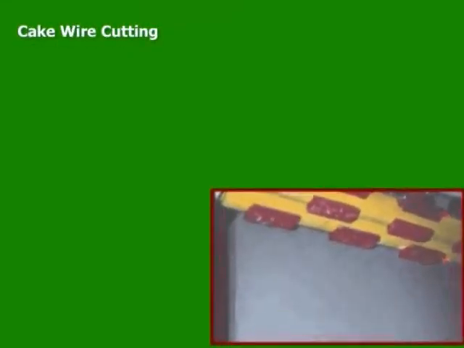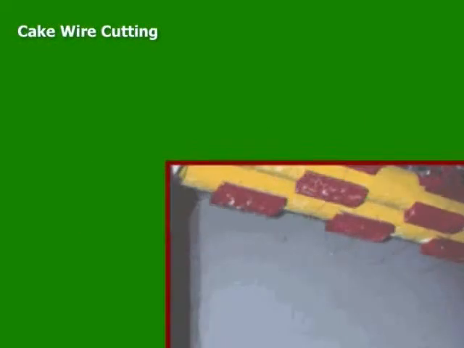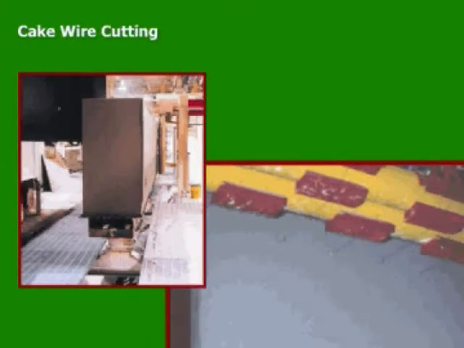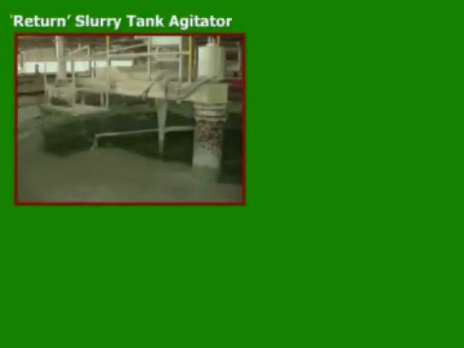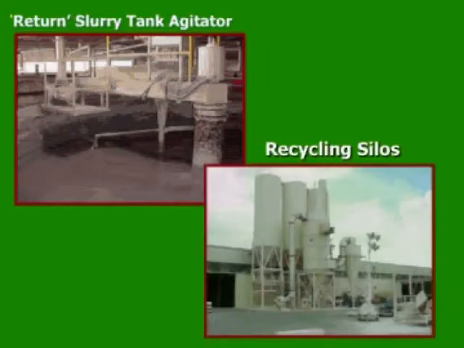Now the material is ready to be cut to size. As you can see here, those very fine wires, like piano wires, will cut the material in 2-inch increments. They will cut the material very accurately. All remaining material which is cut off will be recycled and reused. Recycling and reuse of material is very important to us. So the material which was just cut off will be reused, and also recycling silos will store and use recycled